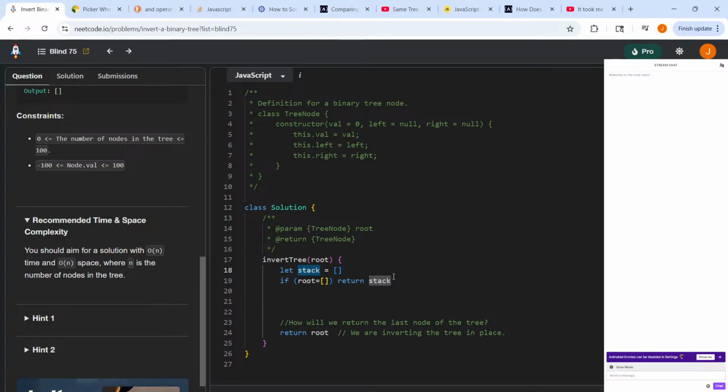So if root is this empty array, we'll return this. So instead of stack, let new tree equal this. Okay. How will we, well, I mean, we could pass tree.root into something. So I guess while,